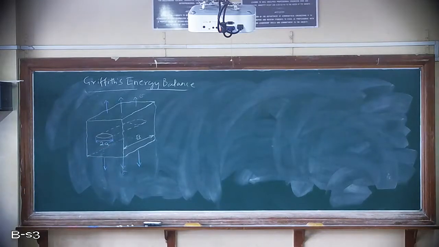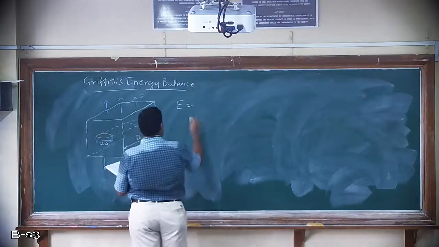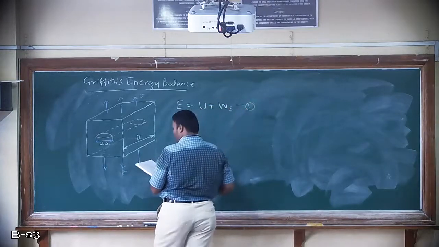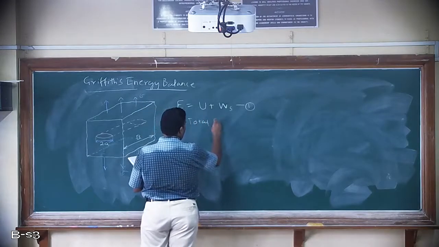In order for this crack to increase, sufficient potential energy must be available. If there is no potential energy, then there won't be any crack growth. So potential energy must be available in the plate to overcome the surface energy of the material. So that energy can be given as E will be equal to U plus Ws. Say this is equation number 1, where E is the total energy,